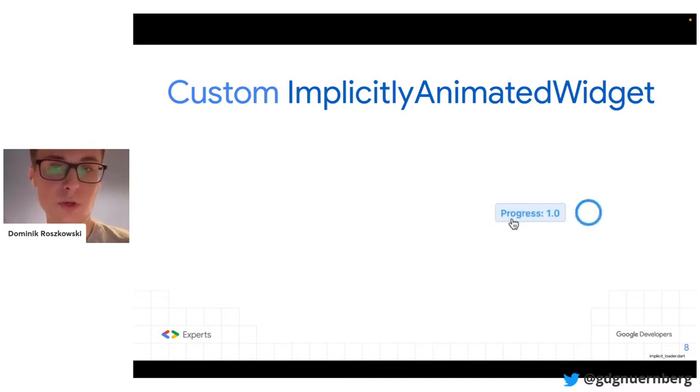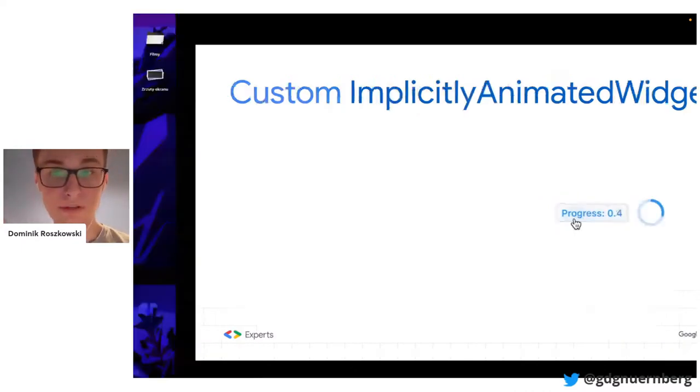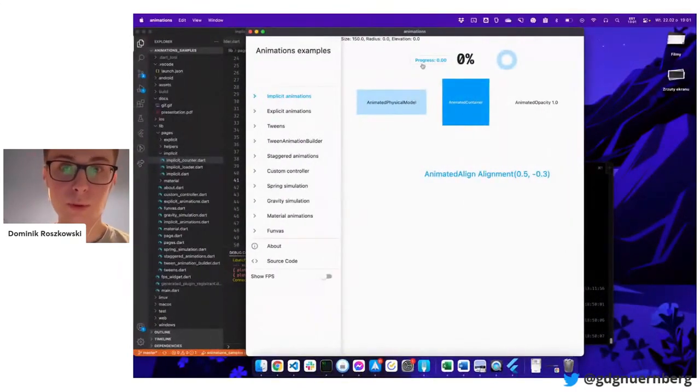In this case, what I've done is to have this circular progress indicator animate between steps. By default, when you set a circular progress indicator to a value, let's say 0.0, and then you change it to 0.1, it just changes rapidly from one value to the other. However, you may want to have a bit more fluid motion, maybe when you have a download or upload in your app. So this is where I created a fluid, or smooth, circular progress indicator.